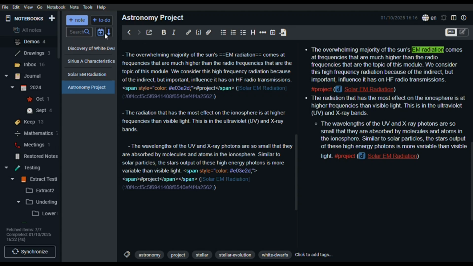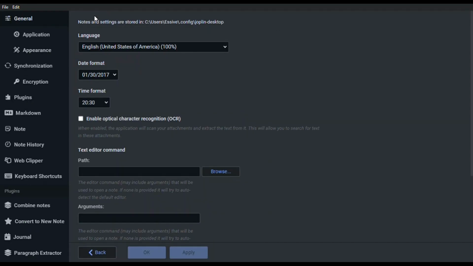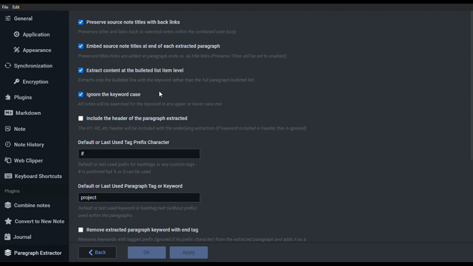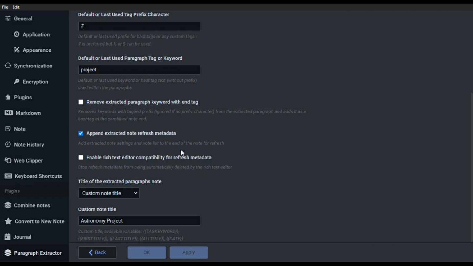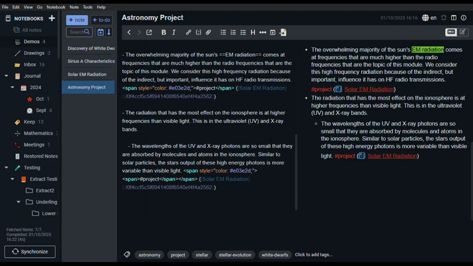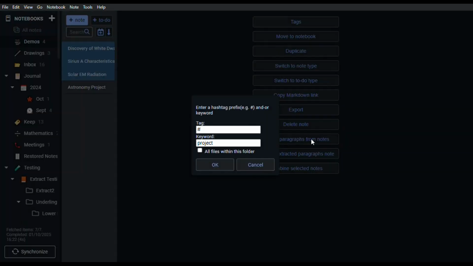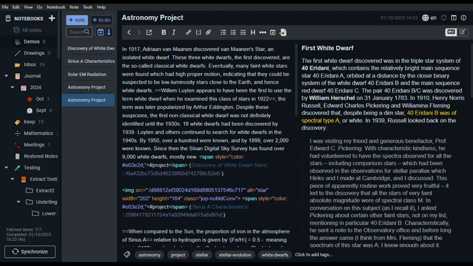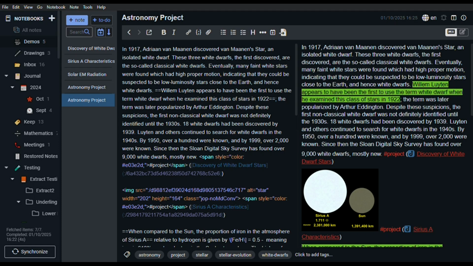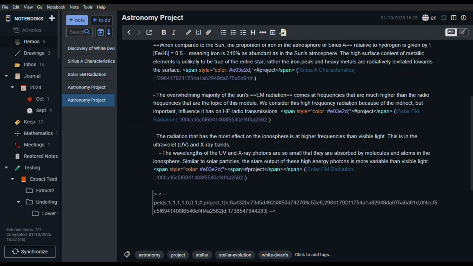One of the things you can do is go back into settings. At the very bottom of the paragraph extractor settings, you can see I can enable rich text editor compatibility. And what this does is basically turn off the comment and turn it into just quoted text. So let me turn it on. Let me extract the notes again because we lost the refresh data when I moved from the rich text editor to Markdown mode. And now we've recreated that refresh metadata,